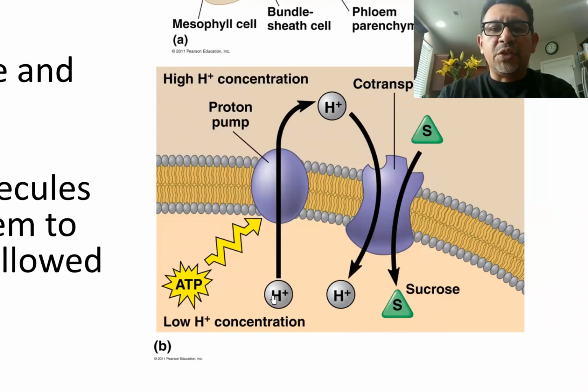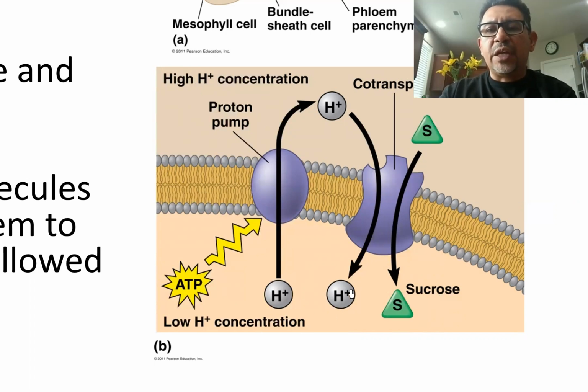Look at this illustration and see how hydrogen ions are going from a region of a low hydrogen ion concentration to a region of a high hydrogen ion concentration. Once this high concentration of hydrogen ions has been achieved, a different transport protein would allow for hydrogen ions to cascade back into the original compartment from high concentration